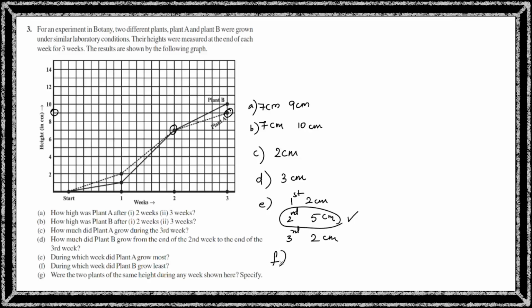How about plant B? They're asking the same analysis for plant B. The plant B has grown only 1 centimeter. I'm going to write plant B here. Only 1 centimeter in the first week, right? And it has grown from 1 to 7, which is 6 centimeters in the second week. Okay. And it has grown from 7 to 10, that is 3 centimeters in the third week. So the question is, growth is least. The least growth is 1 centimeter, which is in the first week. So the answer for the F bit is first week,